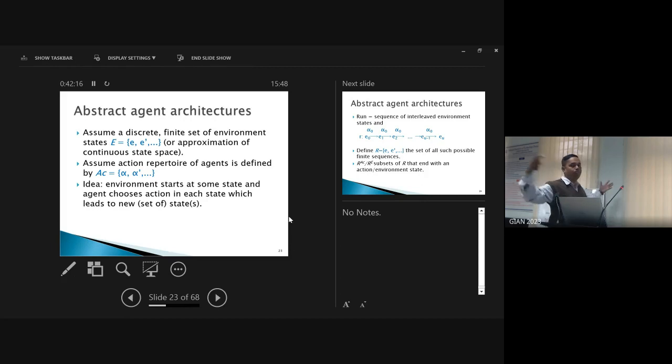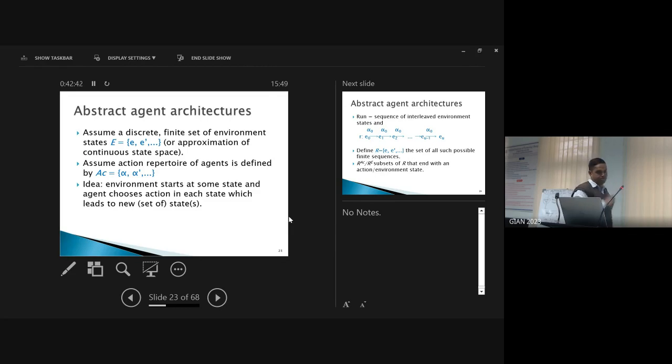E is a collection of environment states: E1, E2, E3, and so on. Assume the actions of the agent are defined by AC. So there can be several actions that an agent can take during its performance. Idea: an environment starts at some state, and the agent chooses an action in each state, which leads